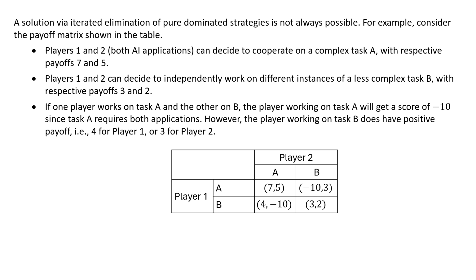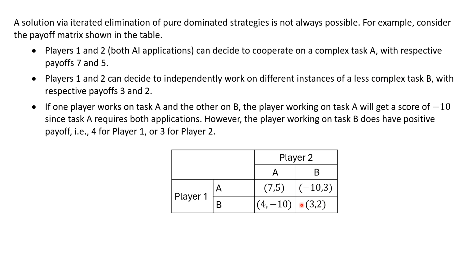So we have players 1 and 2. Let me point to the bullets here. Players 1 and 2, both AI applications, can decide to cooperate on a complex task A with respective payoffs 7 and 5, this cell here. Players 1 and 2 can decide to independently work on different instances of a less complex task B with payoffs